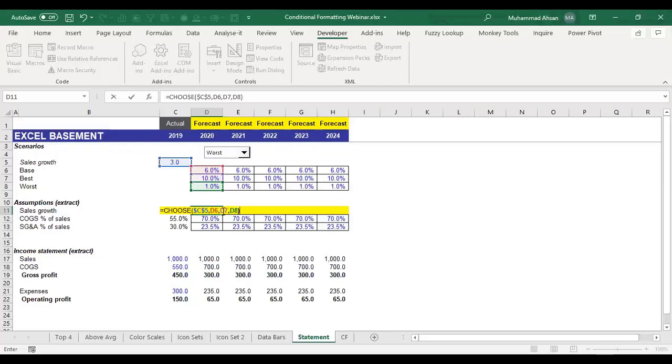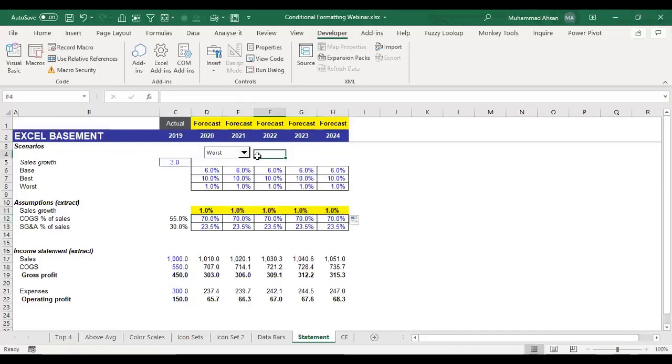Sequence wise values. So let me just copy and paste this function to the right side, and now you can see that whatever situation I select, those percentages are changing, right? And my PNL amounts are also changing. So this is now dynamic and working fine.